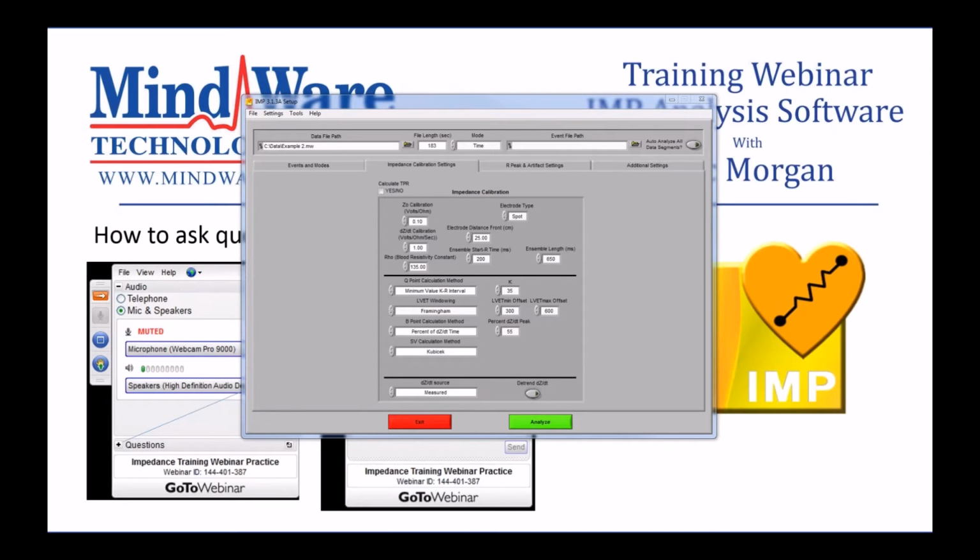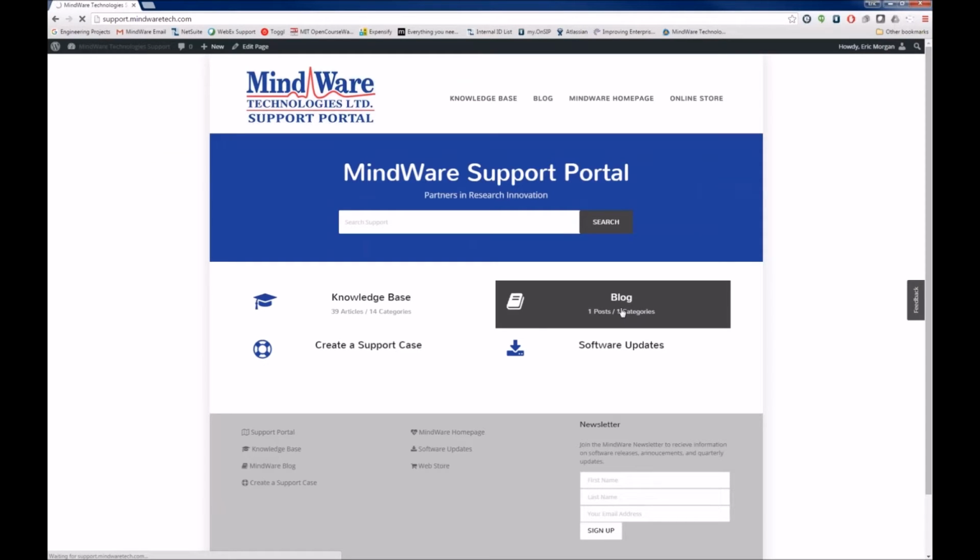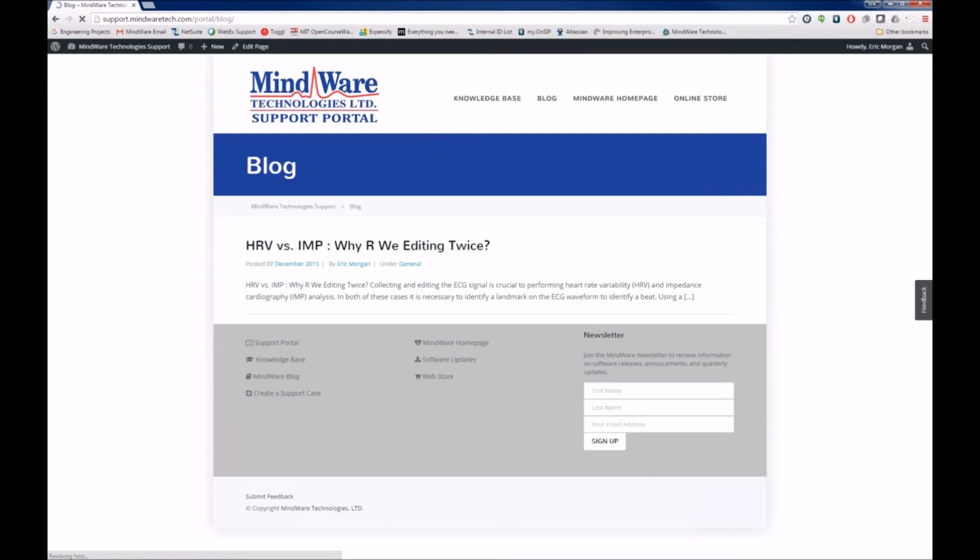So we do have a support portal. It's fairly new. We just launched it this year. And on the support portal, you can find a knowledge base, which is ever growing. We're constantly adding new articles as topics come up. And we also have a blog. Currently, there's only one blog, and it's by yours truly. And it happens to be about the difference between